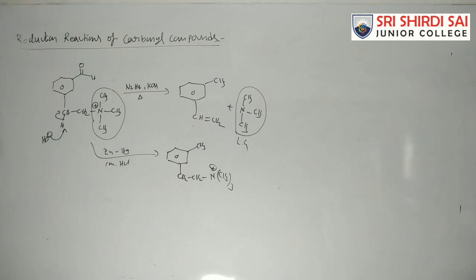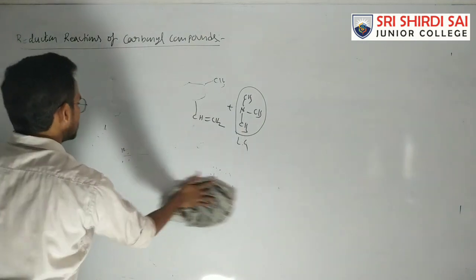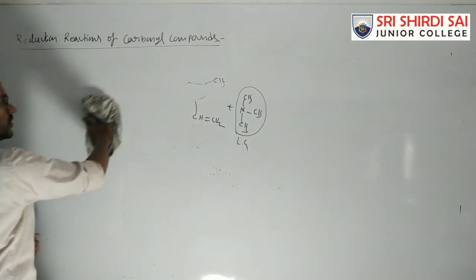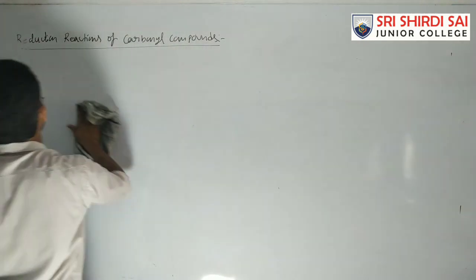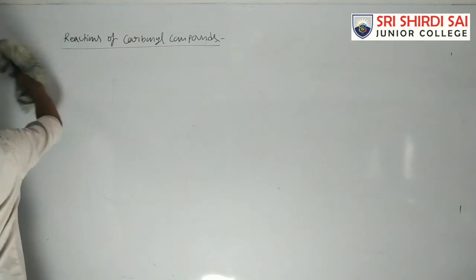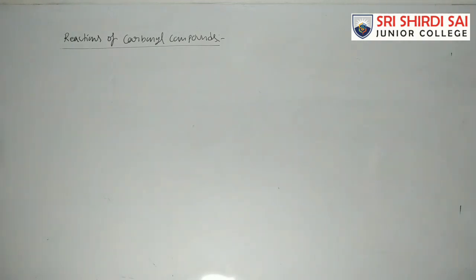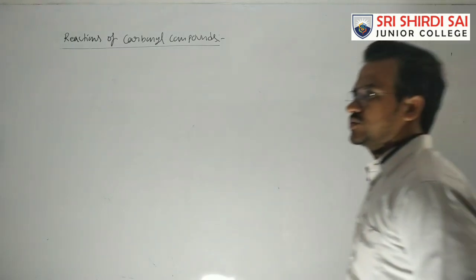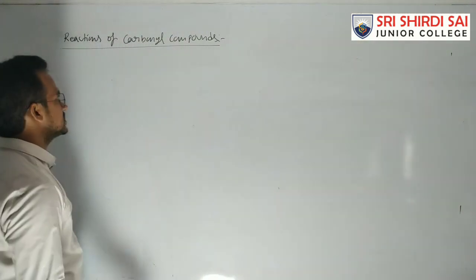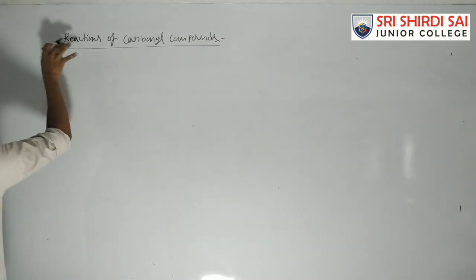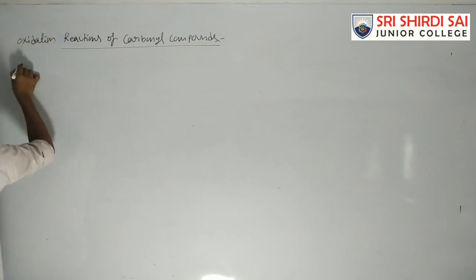So these are the reduction reactions, and next, oxidation reactions. In oxidation reactions, we already completed oxidation with strong oxidizing agents like KMnO4, acidified potassium dichromate, concentrated HNO3, and mild oxidizing agents like PCC, PDC, Jones oxidation. You can refer to those reactions again. So here some more oxidation reactions are covered.